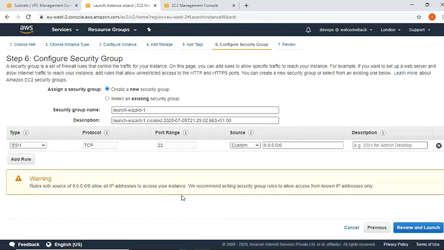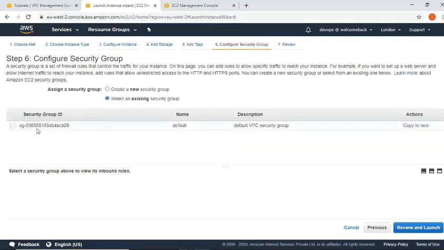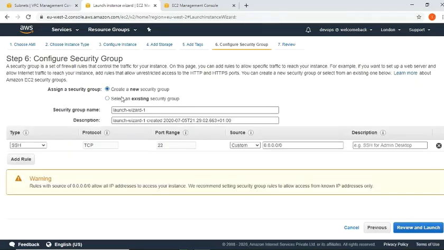So a security group is something like a firewall around the EC2 instance. Already it comes with a default, but we'll be creating a new security group. So let me show you that. Click on here, create a new security group, give a name. So let's say AKR security group. You can change the description, you can put anything. So I'll just say new security group for AKR VPC,